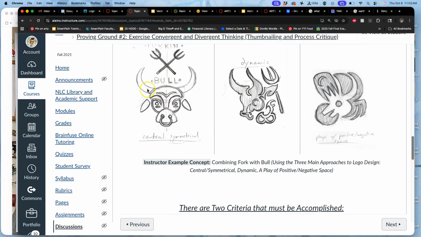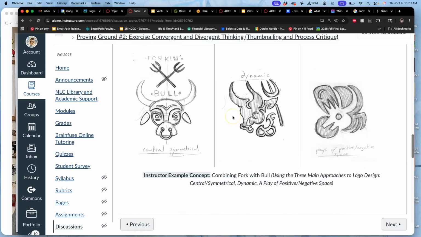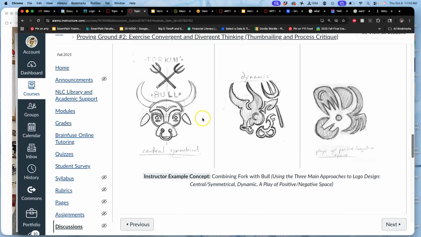So here is with the bull and the fork. This was for a restaurant called Forking Bulls. Right. And the whole idea was to make